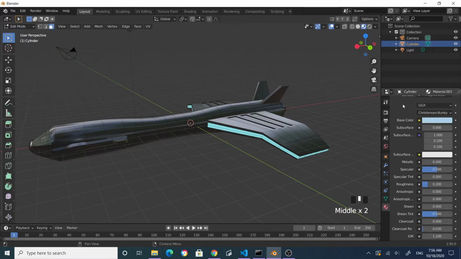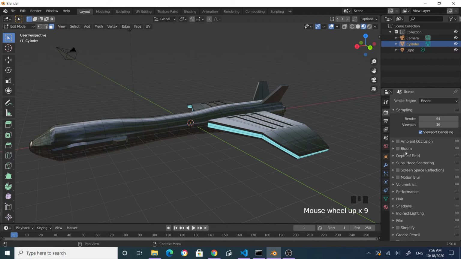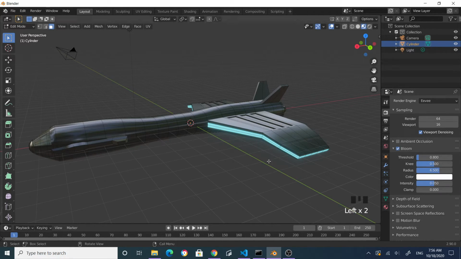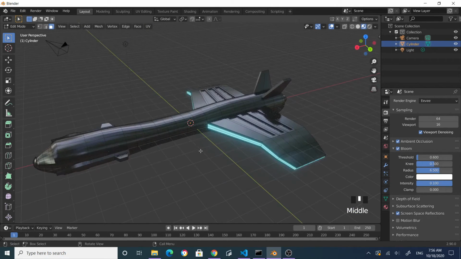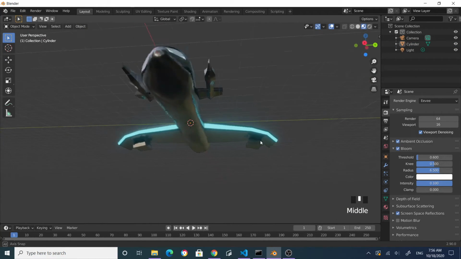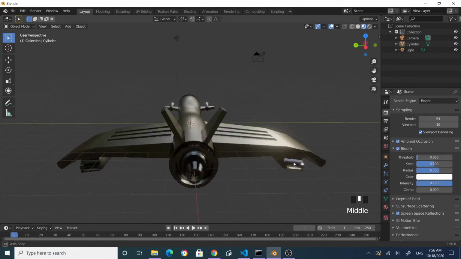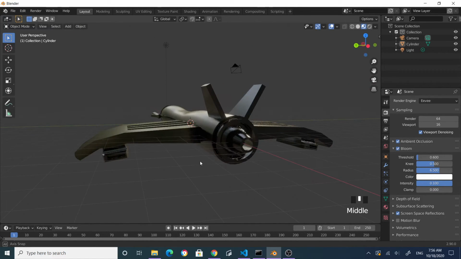And let's go to render properties, come down to the bloom section, apply bloom. You can see this is blooming, and then you can increase the intensity, and also you can reduce the threshold, maybe 0.6, and then apply screen space reflections, and then ambient occlusion. Tab out of the edit mode, and then you can see your spacecraft, and then let's apply some engine